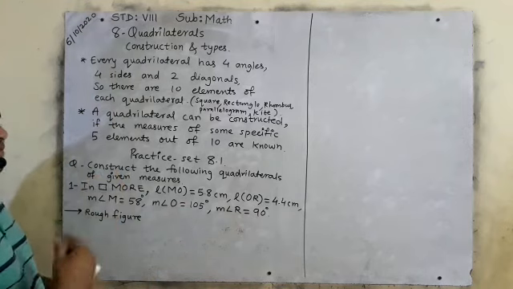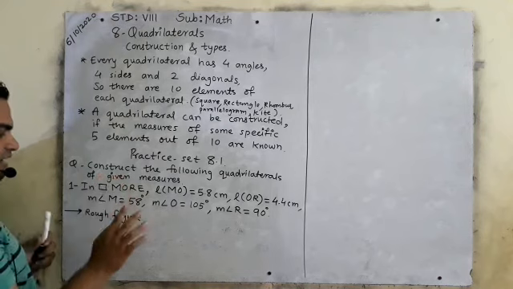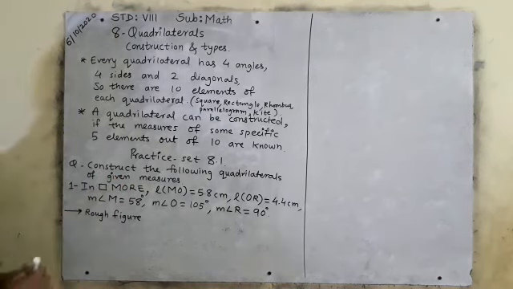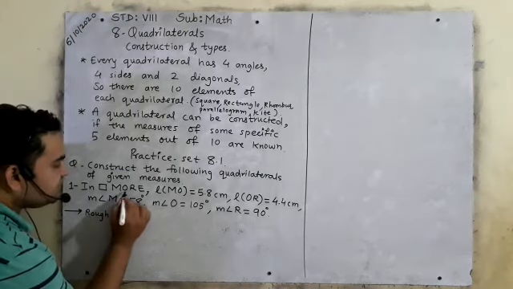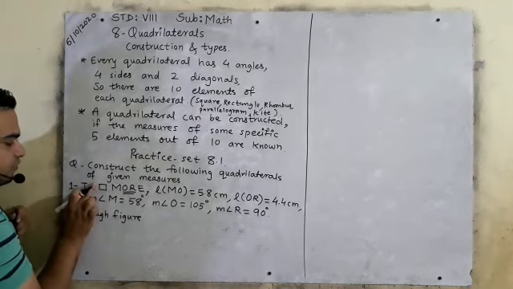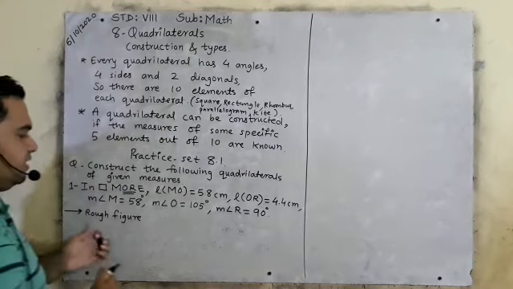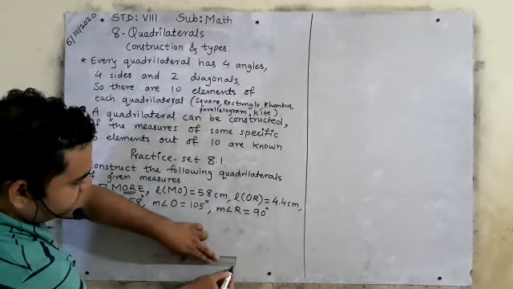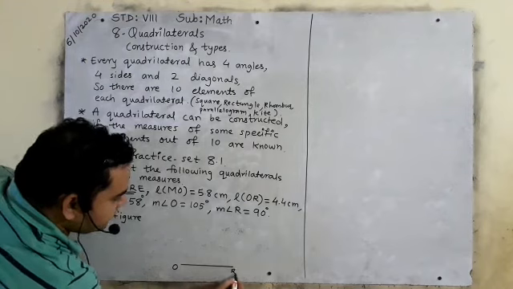But I will tell you one idea or trick. Always if you start MORE quadrilateral, start from here, MORE. It will be easy. See, first I will draw the rough figure of this question. So I will consider OR as the base, because I will start writing the name of this quadrilateral from here, MORE. So I will take OR as the base. See here, rough figure. I will take OR. This is O and this is R.